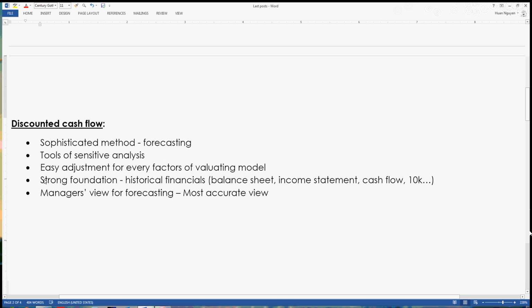The fourth point of the advantage is the strong foundation. In discounted cash flow, we use the historical financials of the company to forecast what happens in the future, to forecast the free cash flow of the company. So those financials are a strong foundation for us. For example, the balance sheet, income statement, cash flow, 10-K, all of them are verified and published on the SEC